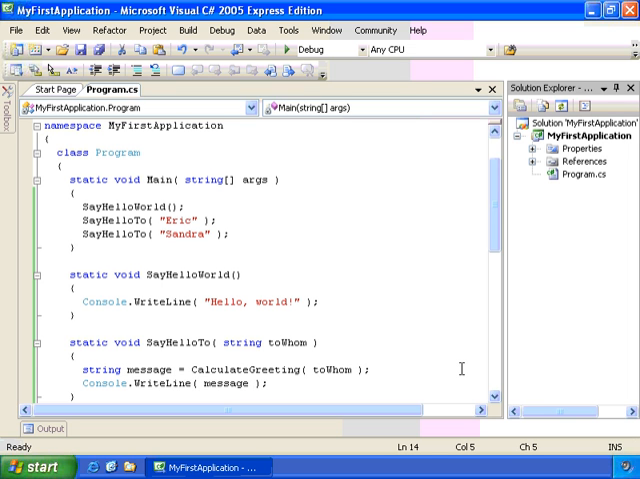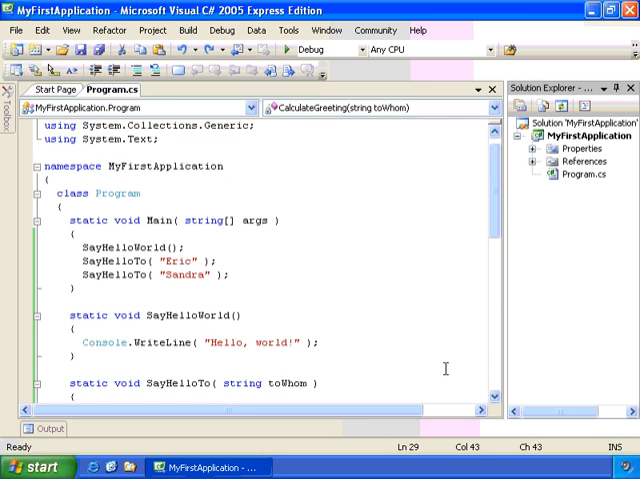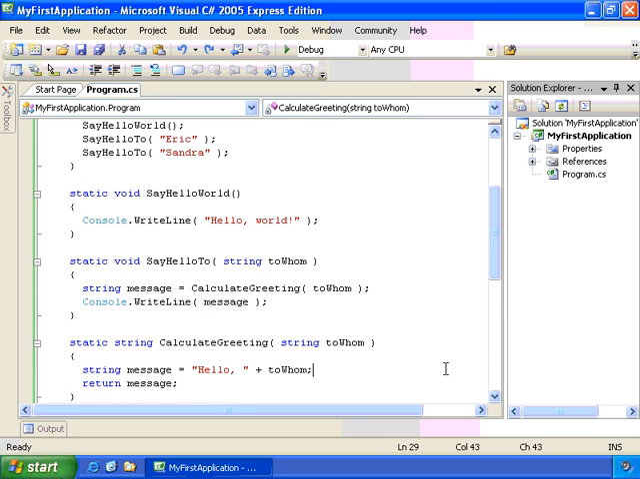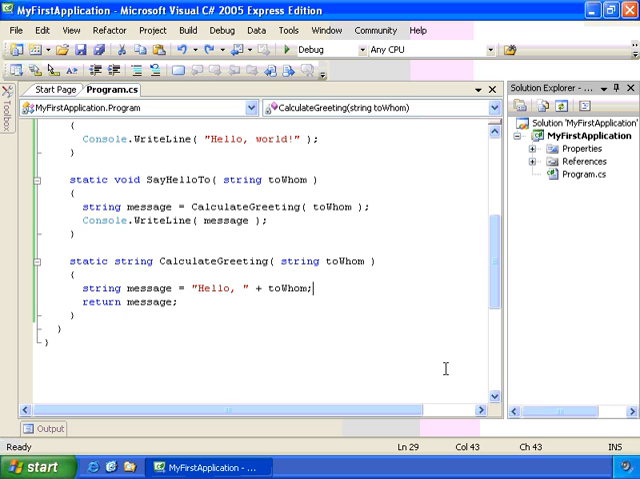So let's say we wanted to provide a different greeting depending on whom we're greeting. So if we go to the calculate greeting method, what we want to do is provide a different greeting depending on the contents of the variable to whom. So if to whom equals Eric,